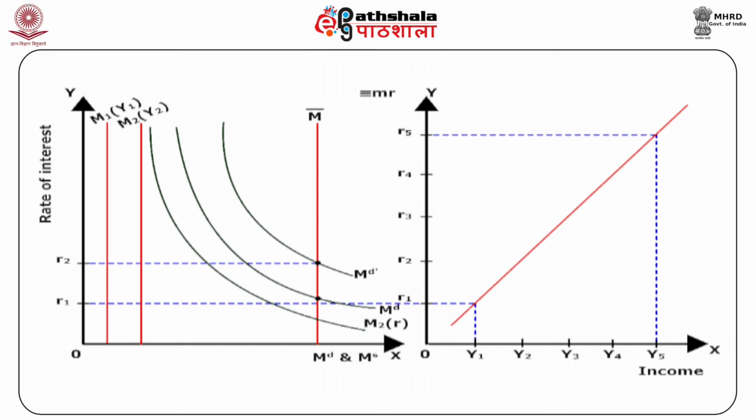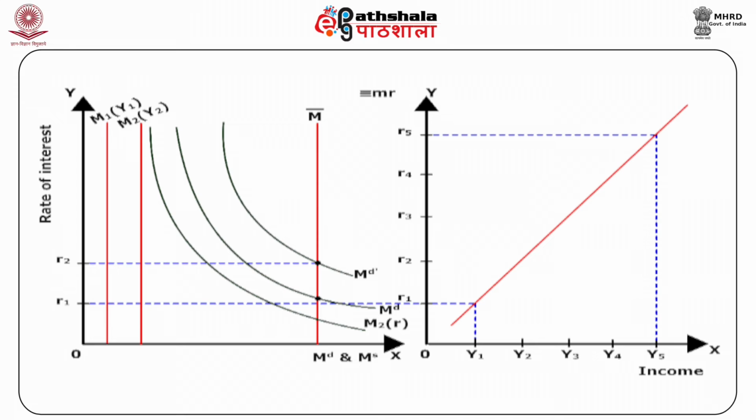When it goes to a higher level, it intersects with the money supply function M bar such that the new rate of interest is R2. So, what do we observe? We see that R1 is associated with a lower level of income Y1, and R2, which is the new equilibrium rate of interest, is associated with a higher level of income